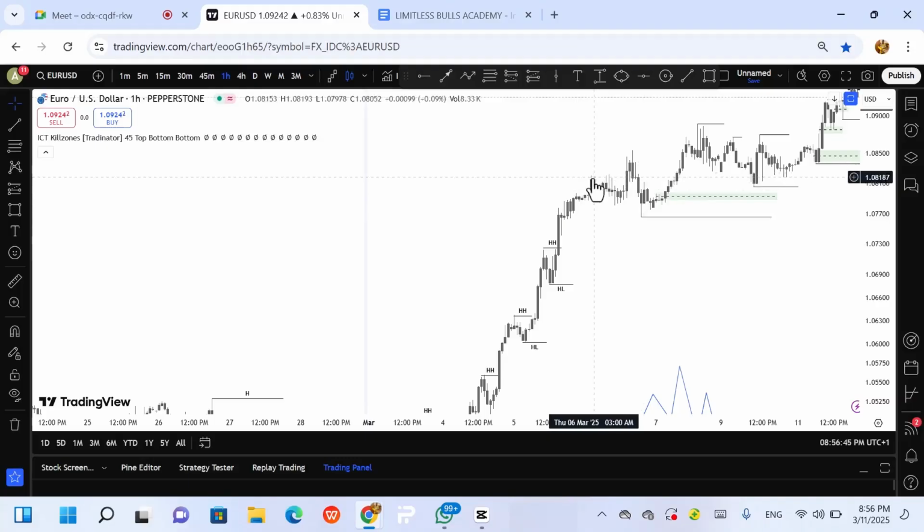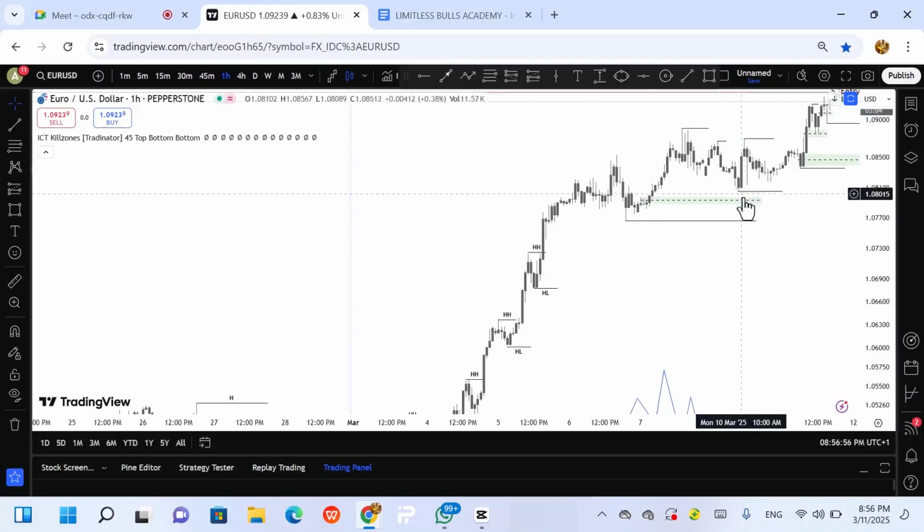Or because this failed, you can say this is the next higher high, and then this is the next higher low. Then what again? We say this is the next higher high, and where is the next higher low? We say this is the next higher low, not this one, because this one did not form any significant low. So this is the next higher high, this is the next higher low, then this is the next higher high.